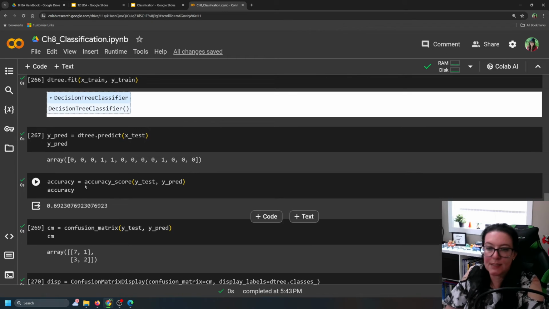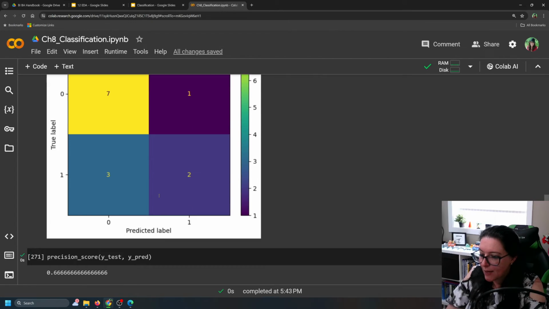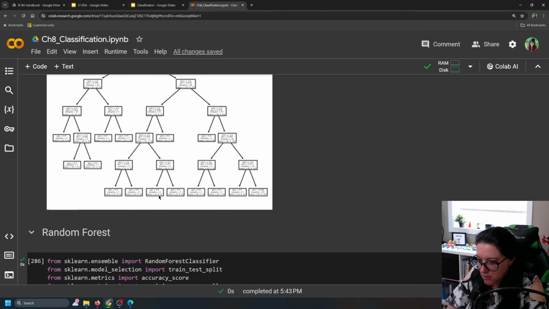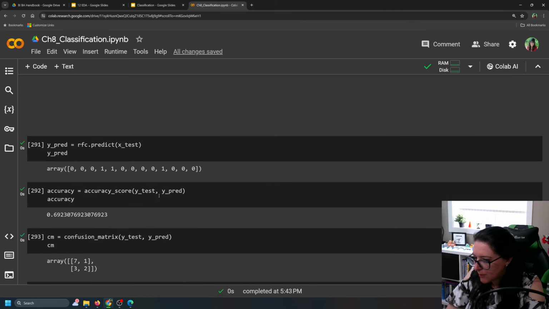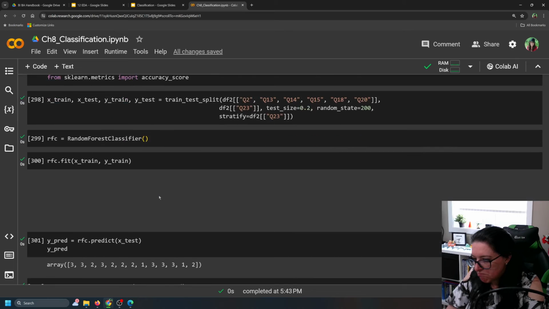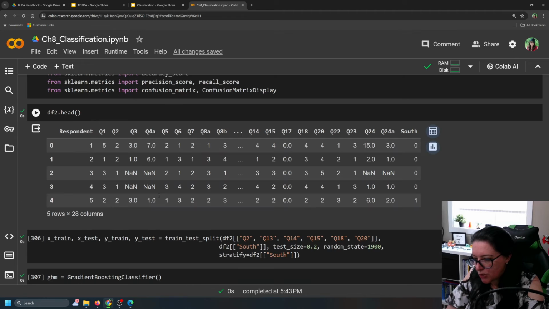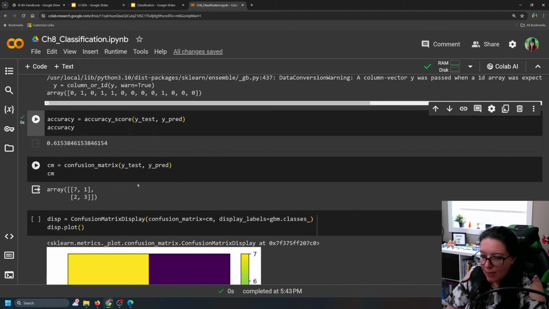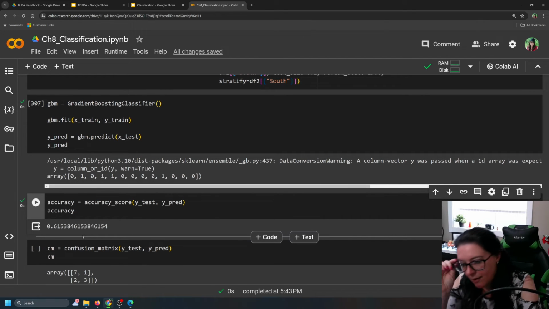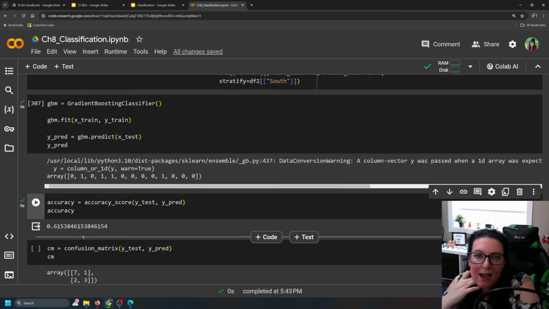South, 1900, 69%. So decision tree and random forest here had a 69% accuracy, and we can see here with our gradient boosting machine, way too much stuff in this thing, that this one was at 61.5%. Okay, so when that happens, if the gradient boosting machine has a lower accuracy, we have to ask ourselves